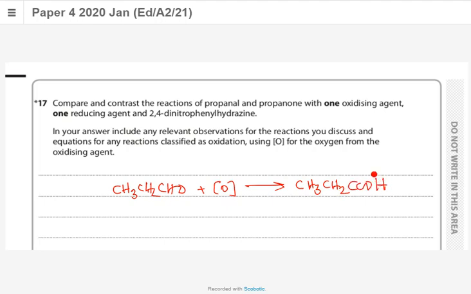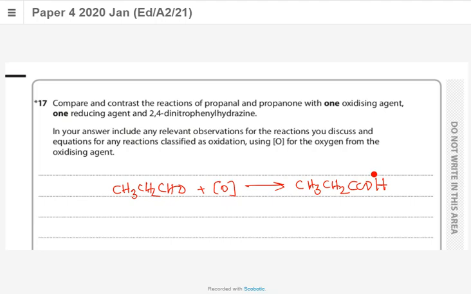The ketone will not be oxidized. That's the first point. Next point, you can write